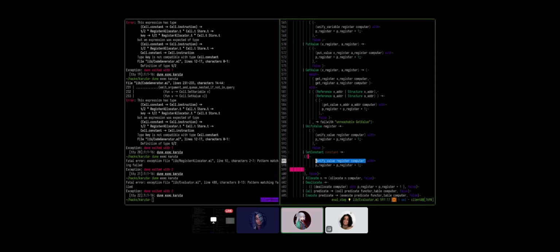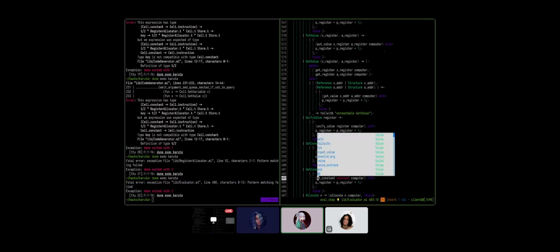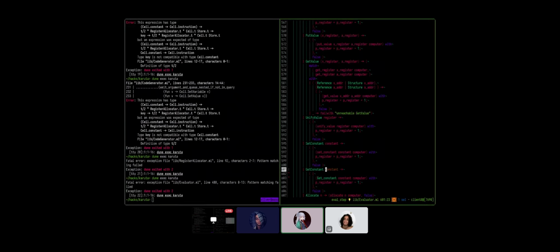This is not unified value though. This is actually set constant, computer. Unify. This is get constant, but this takes a constant and a register, right? Yeah.